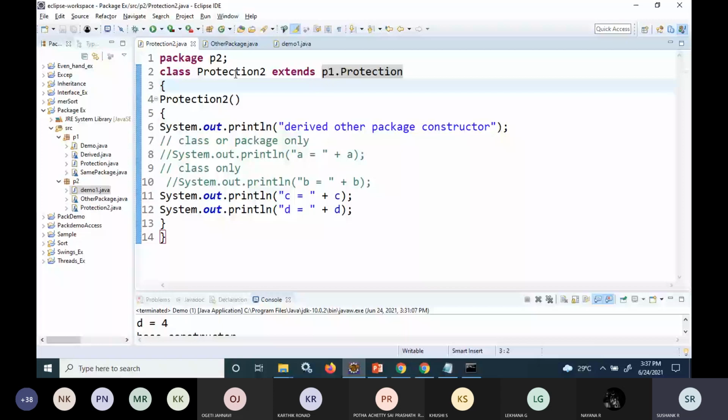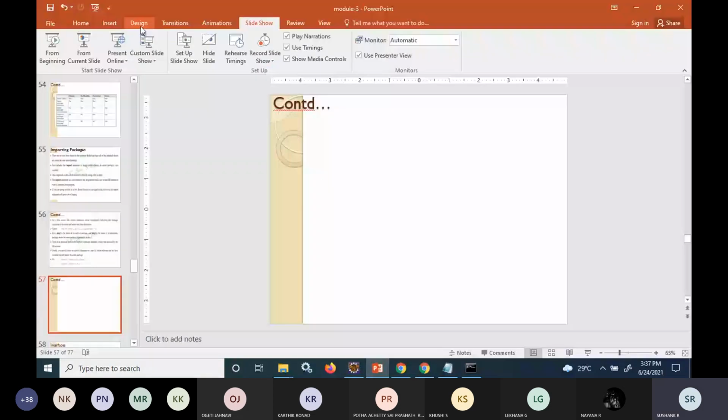Here I had written protection class, then derived class, then one more class was the same package class. So derived class was from the protection. Similarly, there was one more class called protection 2 class, having the inheritance relationship from protection class.